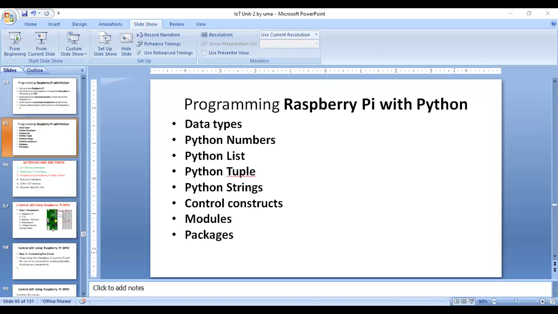The next important thing here is control structures. What are the different control structures in Python? The if else structure. If you want to write this control structure, you require